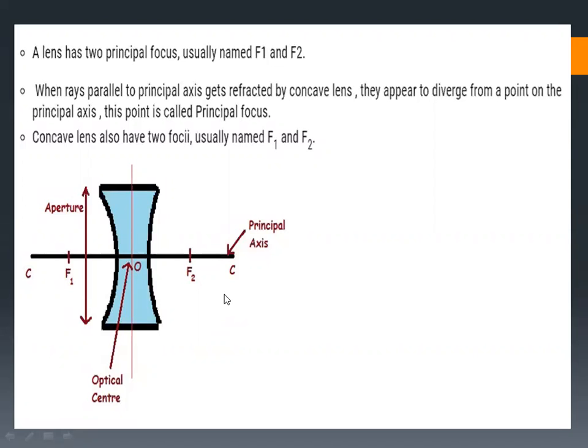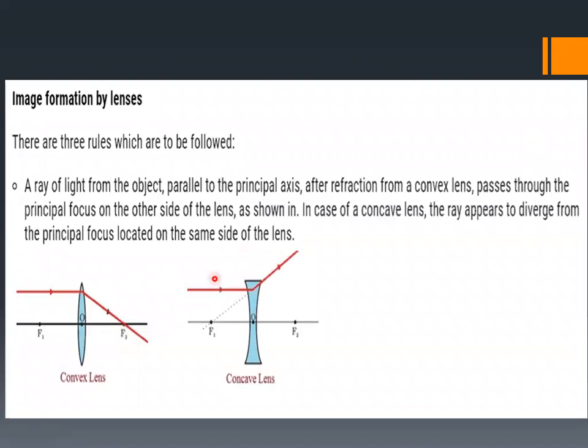Now we are going to go for the next part of the video. The topic we are going to discuss is image formation by lenses. When it comes to image formation rules, we have already studied them for mirrors. It is a similar thing, but slightly varies from the mirror. In a mirror, reflection is happening, whereas in lenses, refraction is happening.